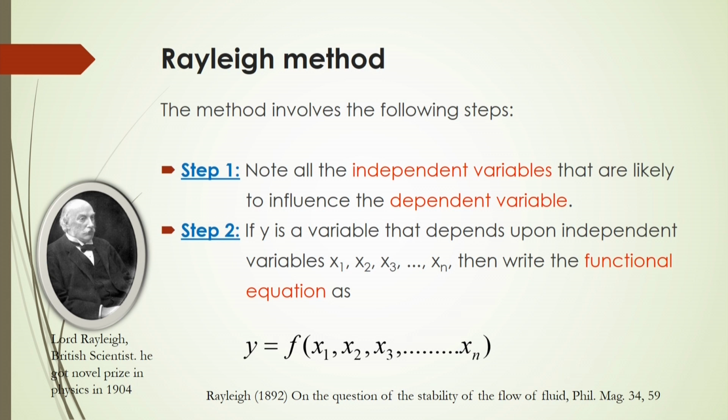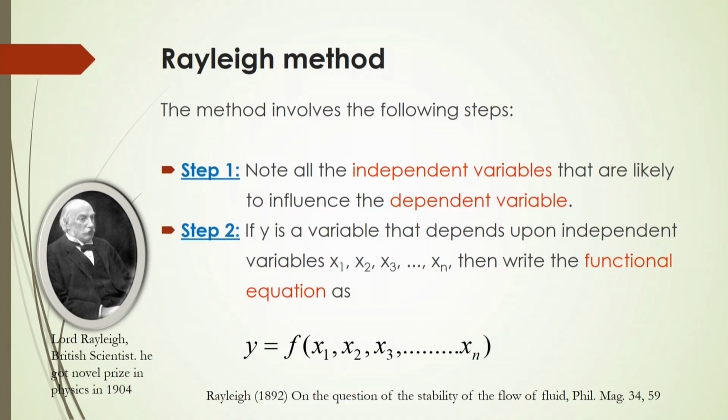Suppose in any chemical process, like if you are going to do an experiment for carbon dioxide gas absorption in a two phase system in a gas liquid column, what will happen? There will be a mass transfer of this carbon dioxide gas from the gaseous medium to the liquid medium. So, there will be a certain change of the quantity of carbon dioxide from the gaseous medium to the liquid medium. Now, there will be some coefficient to represent that mass transfer phenomenon. That is called the mass transfer coefficient.